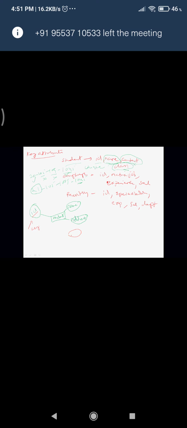So how do I identify the key attribute? An attribute is normally an ellipse. If I put an underline inside that, then it becomes the key attribute. Got it? Any doubt regarding this key attribute? Now if you see employee, I can give the employee ID. Nature of job, so many people will have the same nature of job.